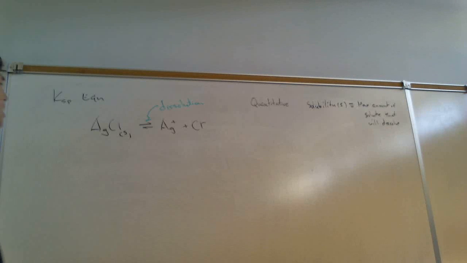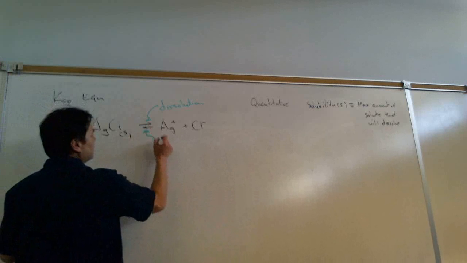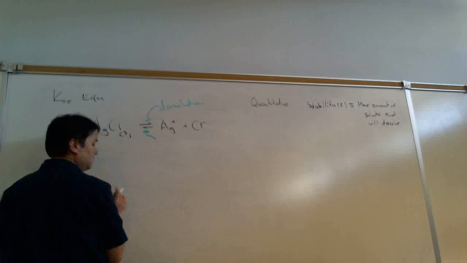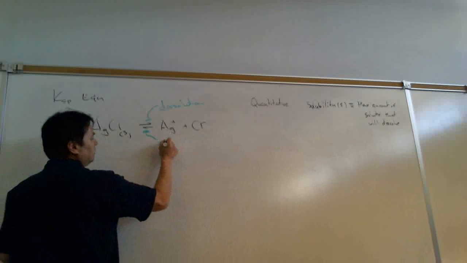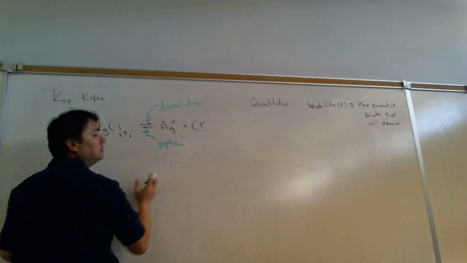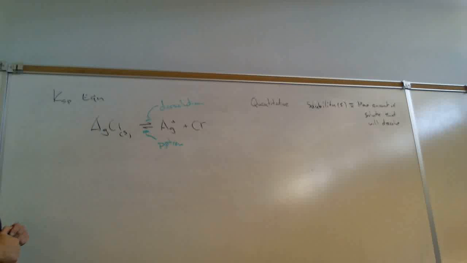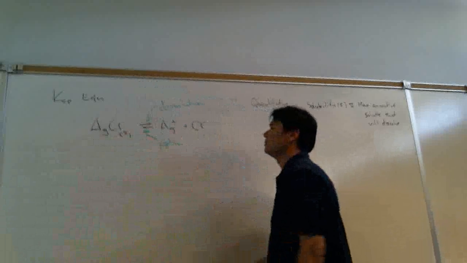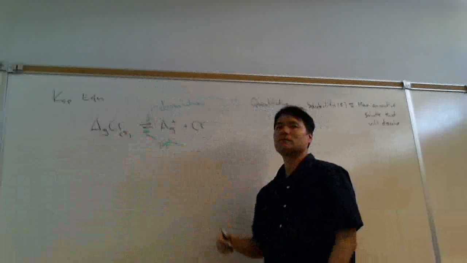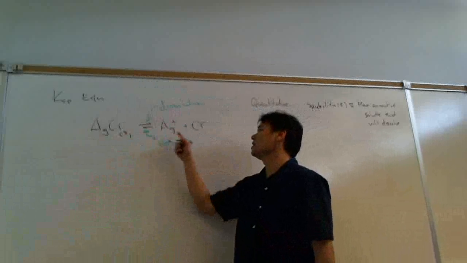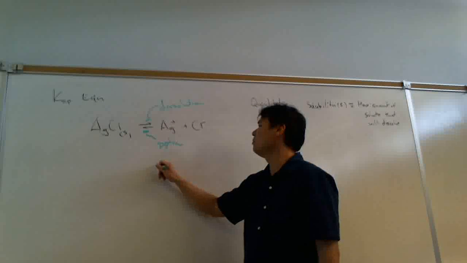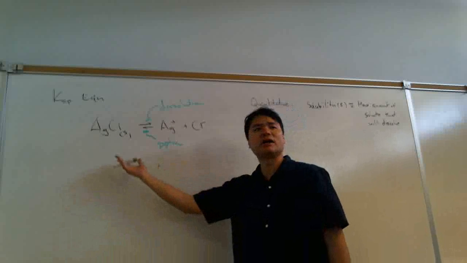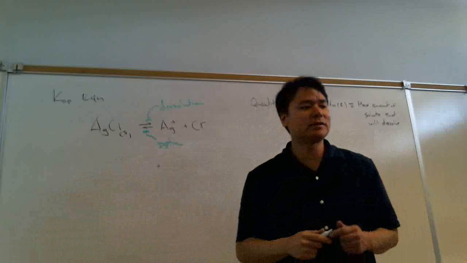If we look at the reverse process, it's called precipitation or crystallization. And so we're always writing the dissolution equation regardless of whether we're looking at a precipitation. If we're doing a precipitation problem, we still write it like this, but we just think of going backwards. And so there are two directions in a Ksp equation. Typically when we go forward, we're looking at how much dissolves, right? And how much dissolves is called the